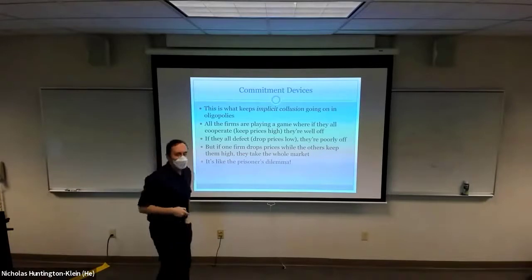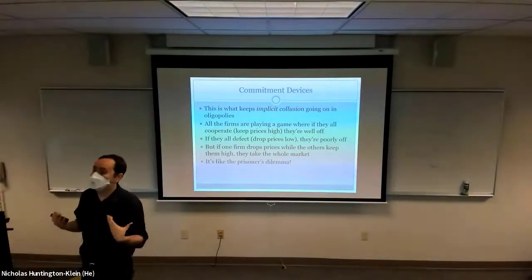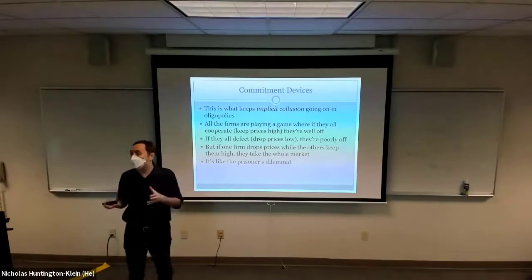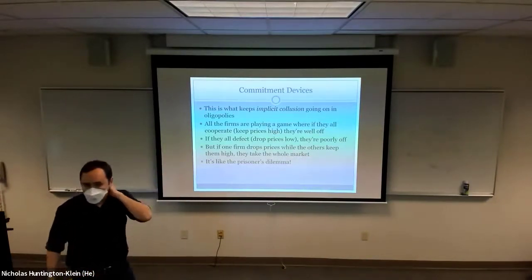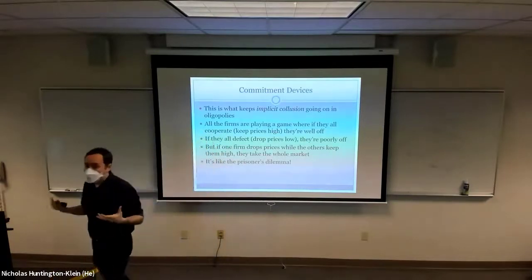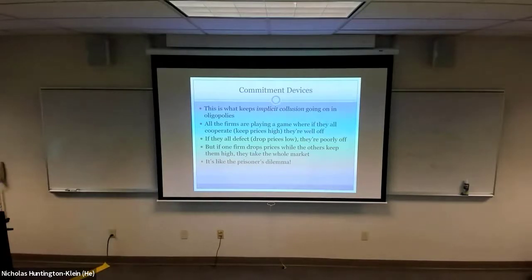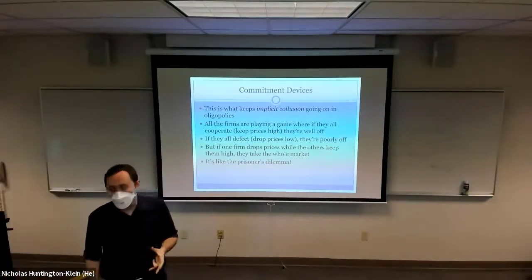We talked about with oligopolies how they manage to keep those prices high because there are few enough people that they can manage to cooperate. This is an example of what's going on with them. All firms in an oligopoly are playing a game. You can simplify it and say they can either keep their prices high or they can cut their prices a little bit low.